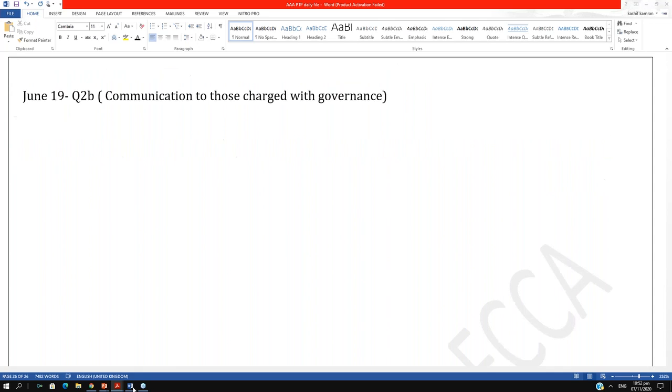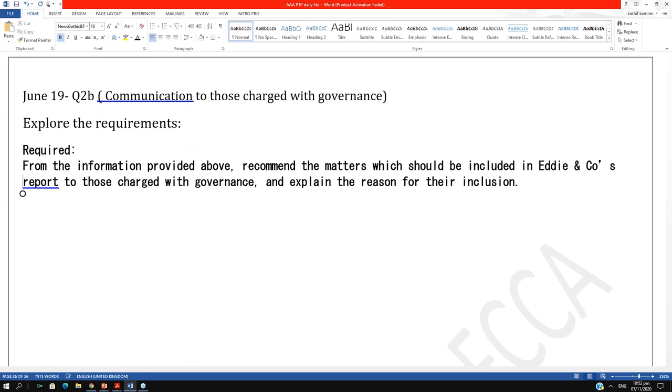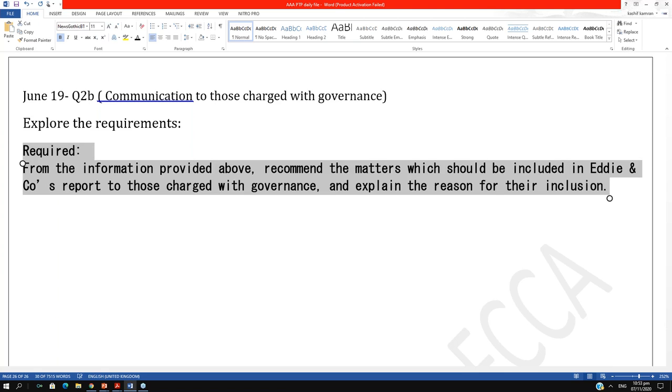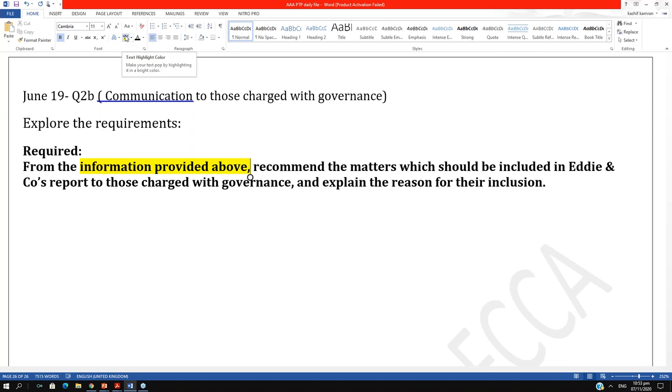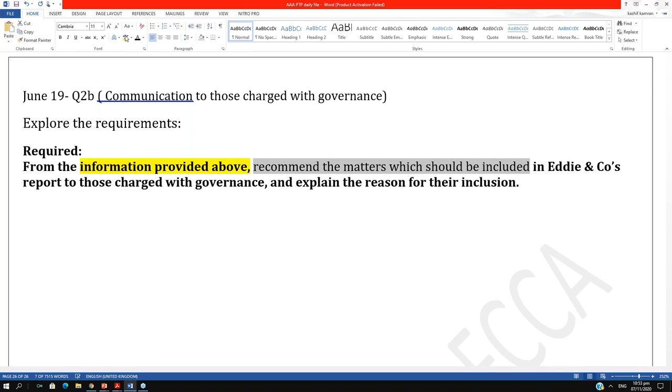So let's understand and let's explore this question. Let's explore the requirements. Let's see what the requirement is asking us. From the information provided above, very good. We'll read that. Recommend the matters which should be included. Recommend the matters which should be included where? Which should be included